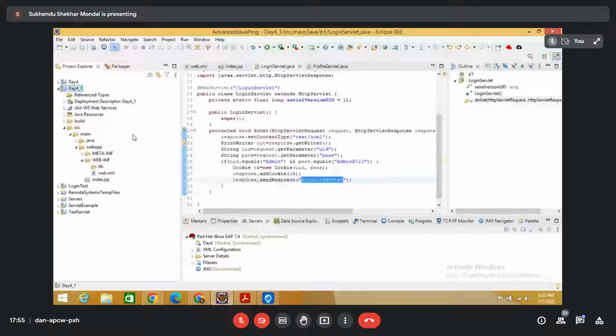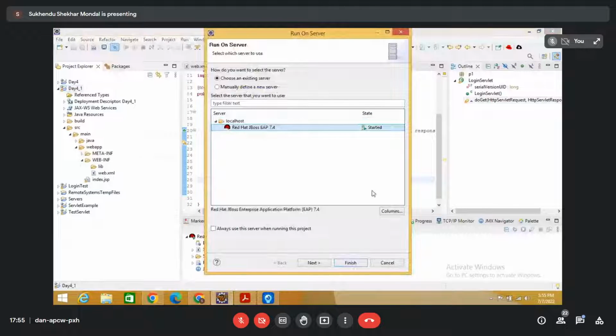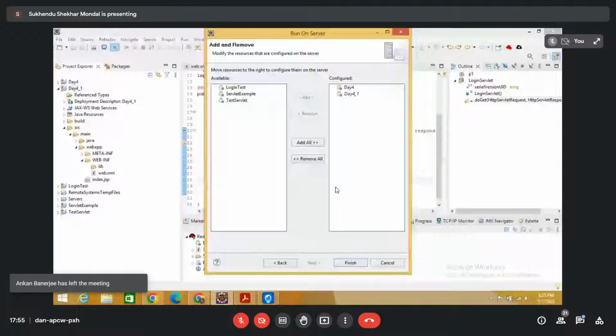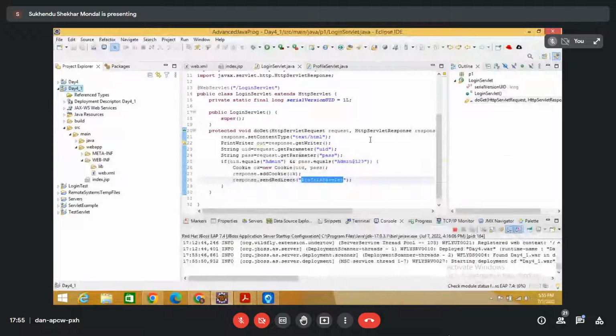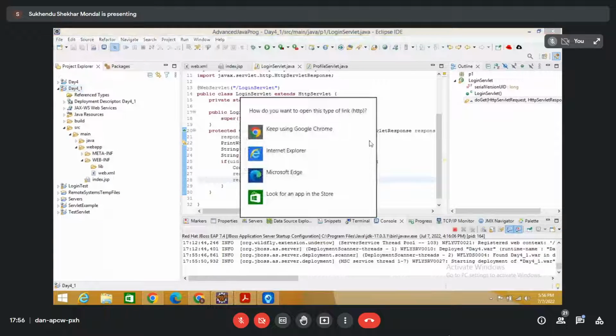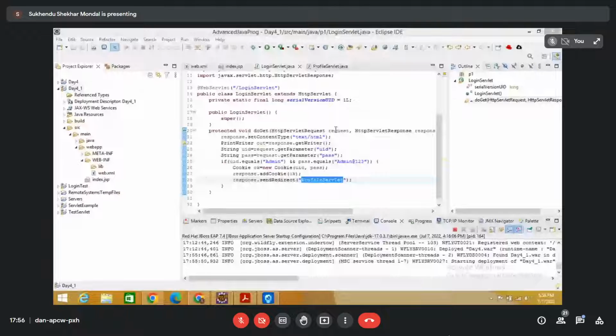তো নেক্সট আমরা কি করব, বিল্ডের পরে এটাকে রাইট ক্লিক করে রান অ্যাজ অন সার্ভারে যাব, দিয়ে আমি নেক্সট করব। তো আমি এটাকে ফিনিশ করব, দেখি ইন্ডেক্সে গেলে কি হয়। তো আমি কিপ করলাম, এখানে index.jsp আছে, তাহলে প্রথমেই ওটা খুলে যাবে।